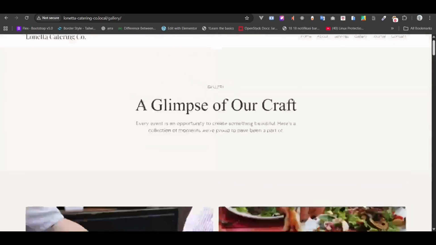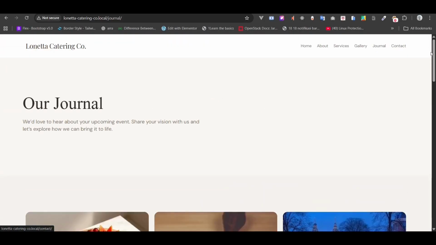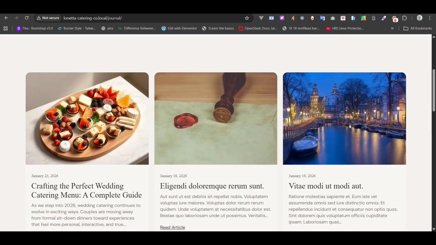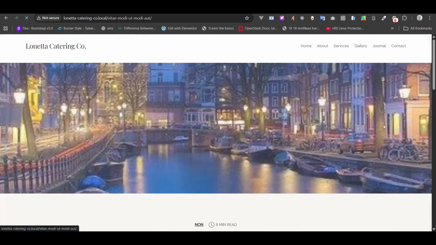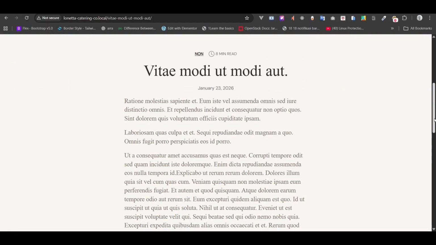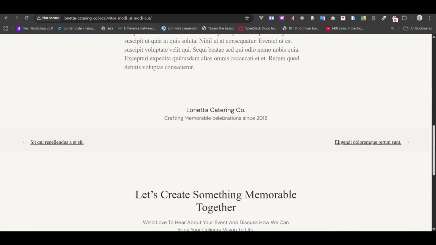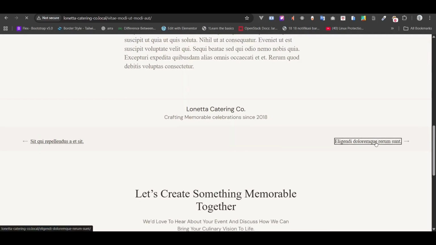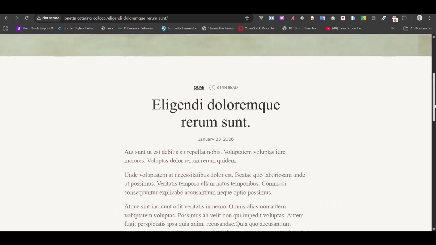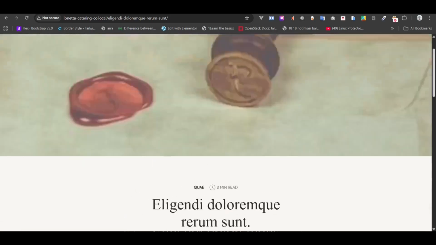This is to show the visitors about the gallery, and this is our blog page, and this is the single page. We have article, next button, CTA section. Can go to different pages,